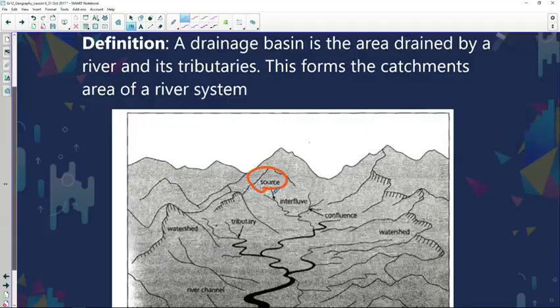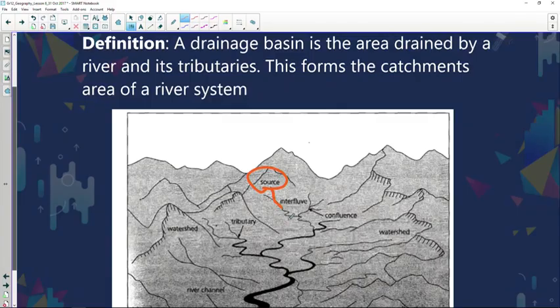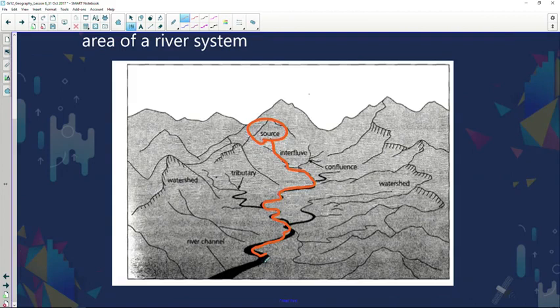It might be springs, it might be a high-lying area, but it develops where the water originates from. And as the river flows, usually down to the ocean, where the river flows into the ocean is known as the mouth. Now, the course of the river is known as the river channel. Now, very importantly, other rivers that join the main river are known as tributaries,